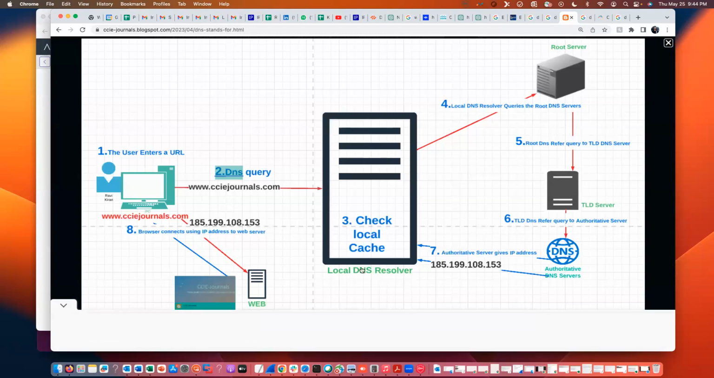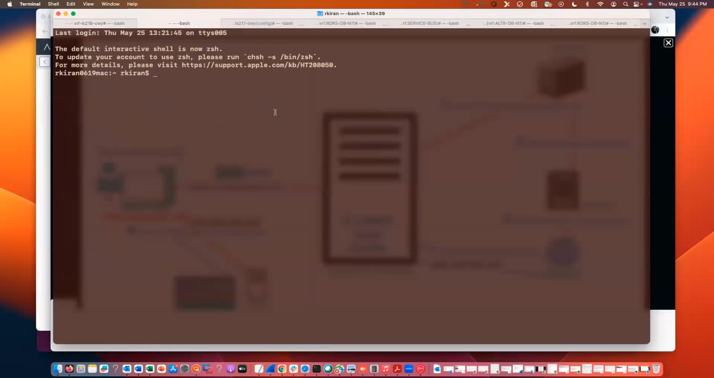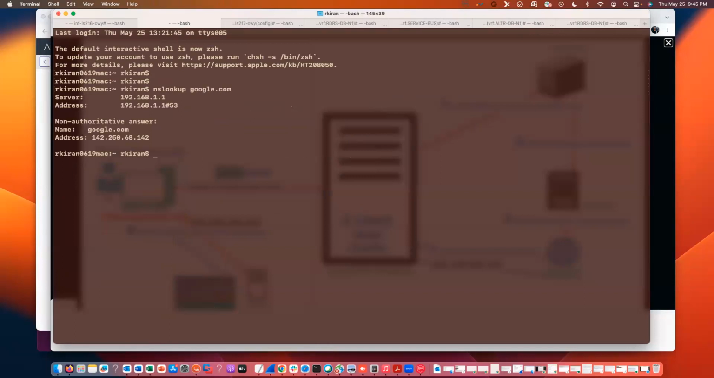So this is the process: what happens to resolve an IP address? Now let's see. If I do nslookup and then google.com, it says the IP address of google.com is 142.250.68.142. When I did that, it checked the cache first, and then it went to the TLD,